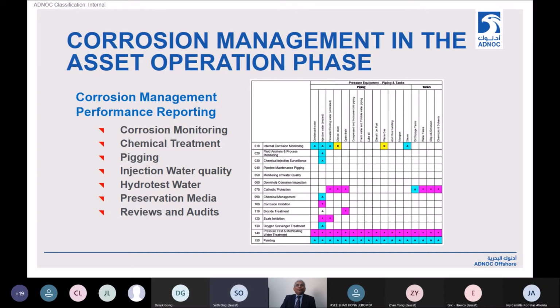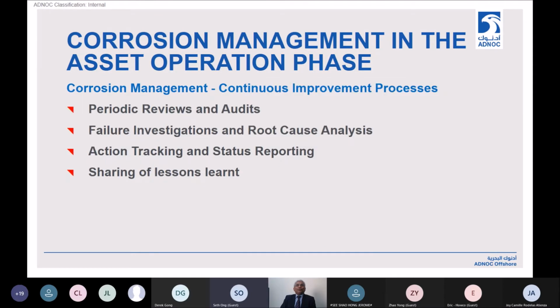What you see is a very primitive way of doing it. Today, we've fully integrated computerized systems in place which help us manage corrosion, help us know what's happening as a trend continuously in order to help us proactively manage corrosion.